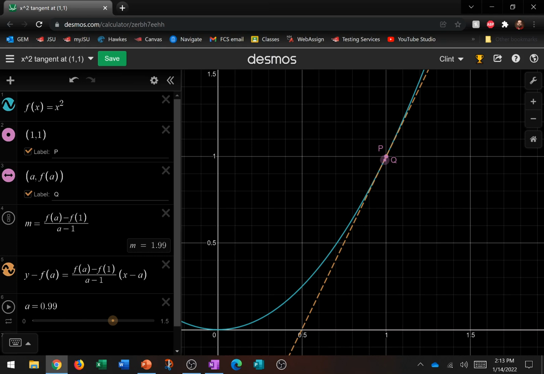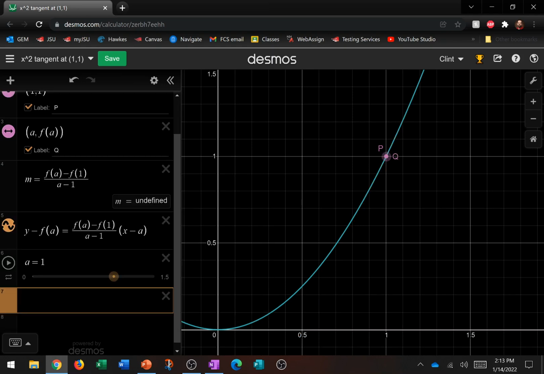If we have a problem, you could say, why don't you just move it to 1? And if we make A1, then we already know what happens. We've seen it, right? Our slope formula breaks down as undefined when P and Q are both at the same point. So